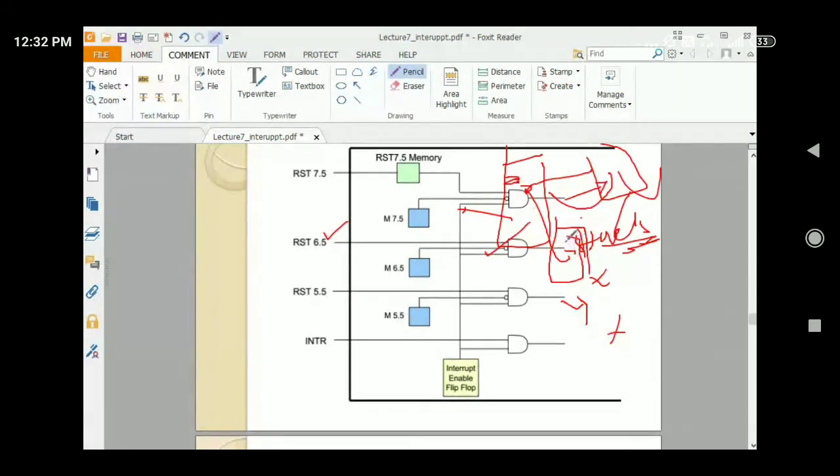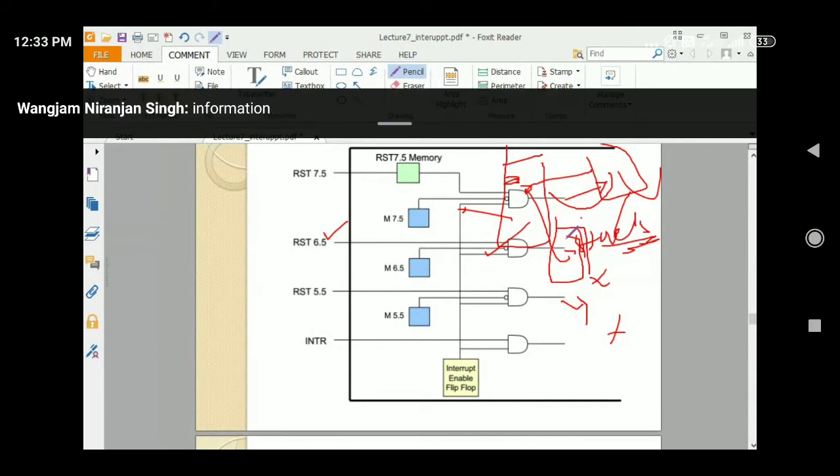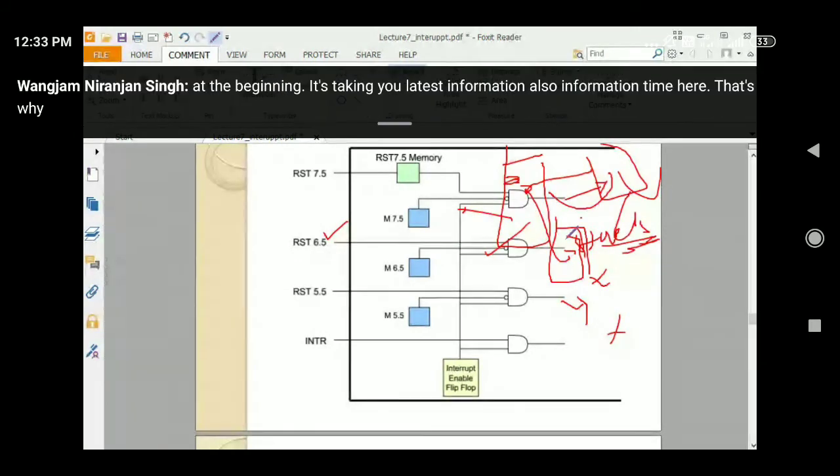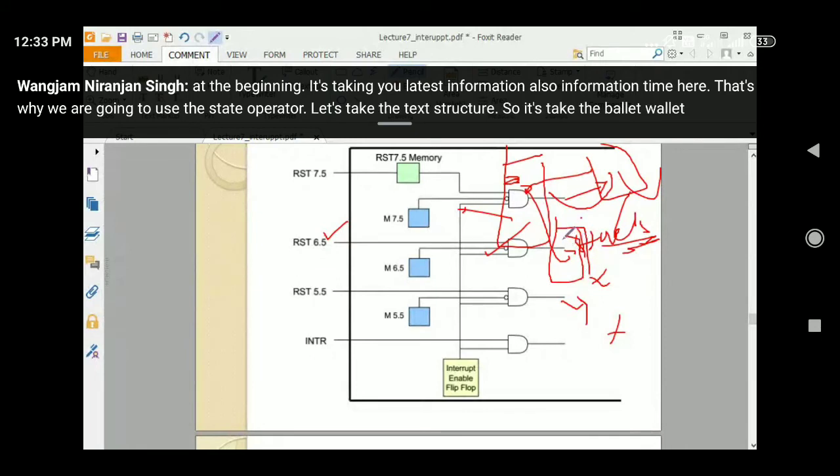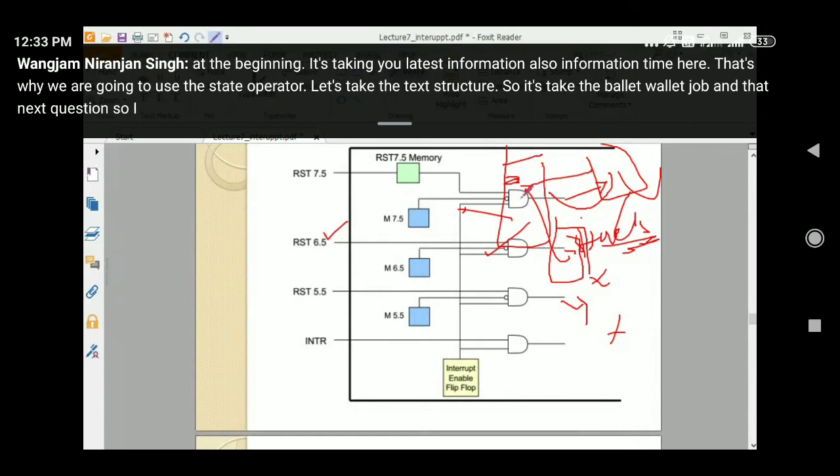So here I am going to use a data structure, the stack data structure, where the latest information will be at the beginning. We need the latest information, which is why we use the stack data structure. Whatever was stored there earlier, that address will go to the next instruction, so I can execute the remaining ones.